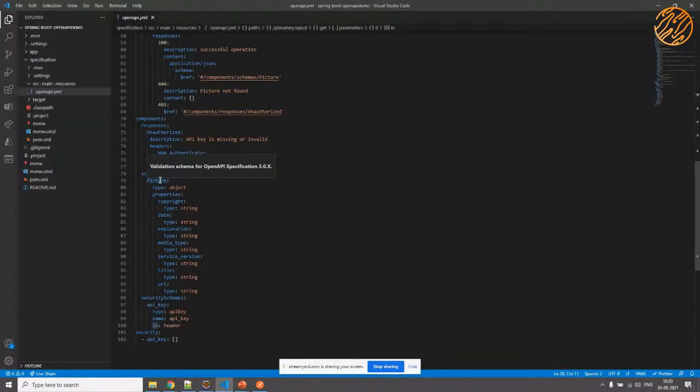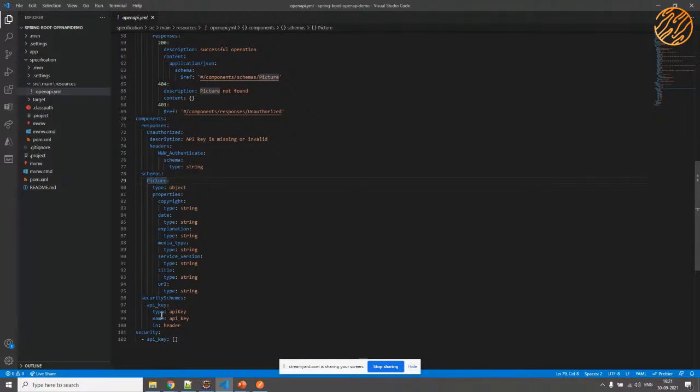In my case, the response is going to be an object of type picture, and this object would have properties like copyright, date, and explanation. These are the response parameters which will be part of the response object that would eventually be returned. You can add or customize these based on your API requirements. This can be easily customized and added here itself, so that you need not do anything in code.